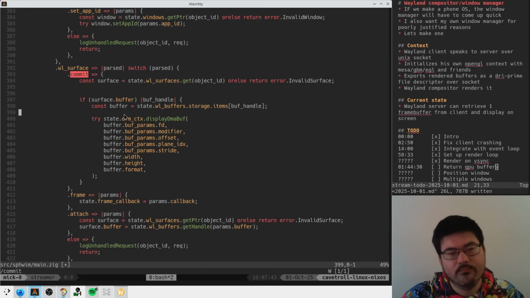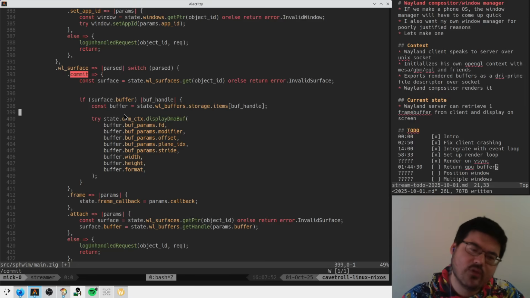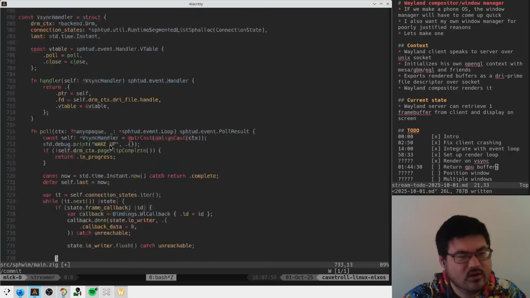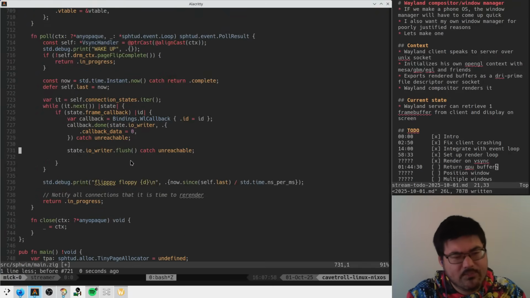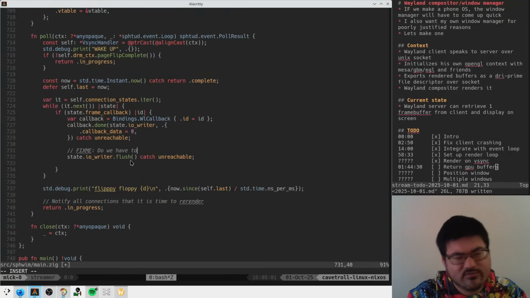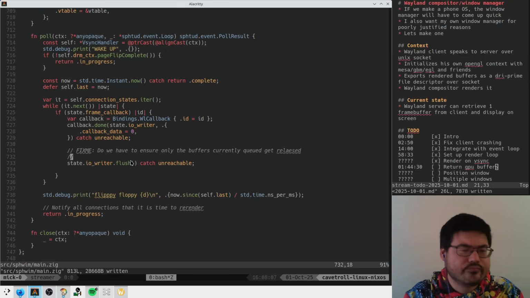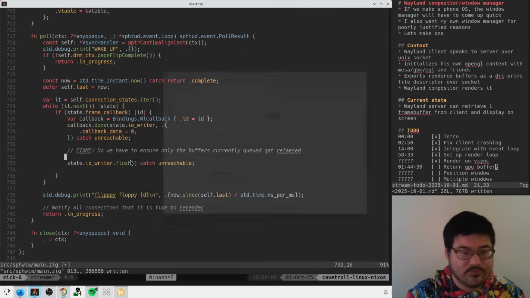We probably want to mark buffers for... I think we're only ever getting one buffer at a time. This might be a little sketchy. I'm not sure, it might be better. Do we have to ensure only the buffers currently queued get released, right? But we can do something like